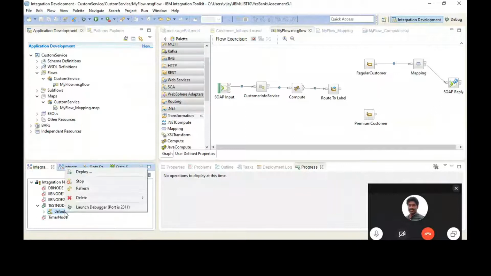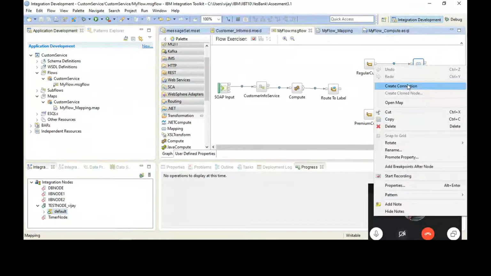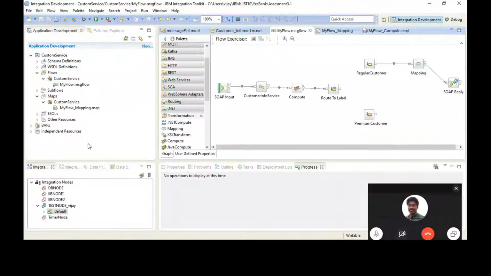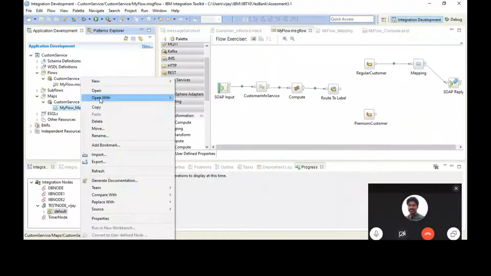Okay. Now I need a detailed view of the mapping. So we'll right click on myflow_mapping.map in the application development view on your left, and say open with text XML editor.